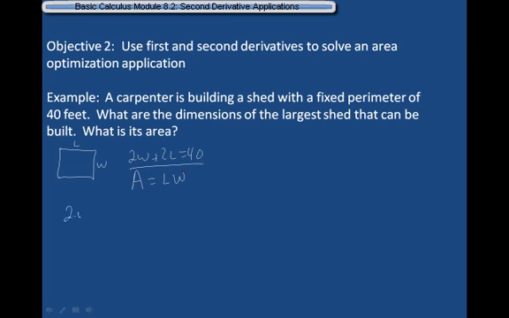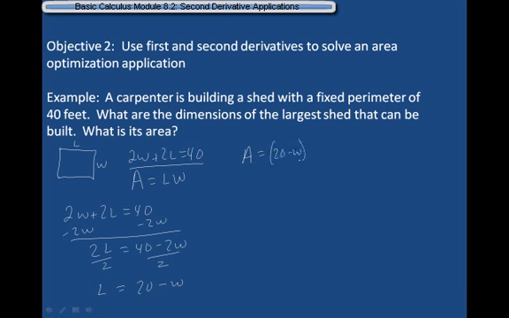So that would be 2W plus 2L is equal to 40. Subtract 2W from both sides. That would give me 2L is equal to 40 minus 2W. Divide by 2 on both sides. And so L would be equal to 20 minus W. I'm now going to take this and plug it back into my area formula. So area is equal to length, which was 20 minus W, times width. And so my area would be equal to 20W minus W squared. And now that we've got area in terms of W,